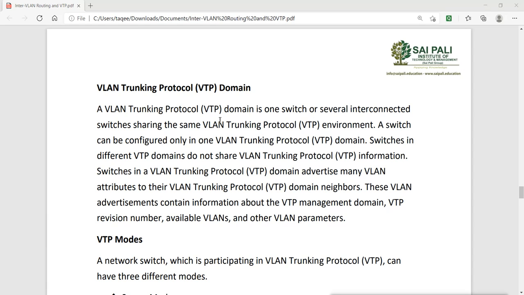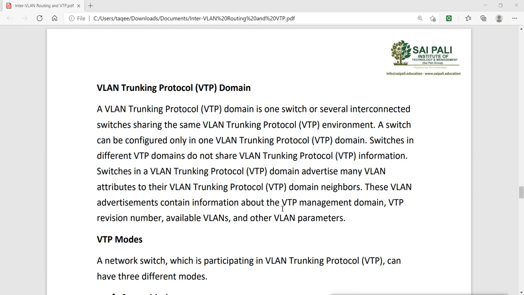So why do we use VTP? We can use it for another thing also, that is security. We can create a domain of our VLAN switches, and in that domain nobody can add their switches. If they want to add a switch to the domain, they have to know the shared password. They can know the domain name, but they cannot know the shared password. Only a switch which knows the shared password can enter the VTP domain. So we can create a secure boundary for all our switches, and also share the information about the VLANs.